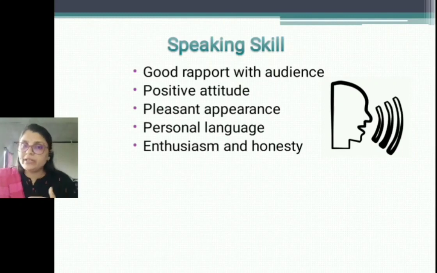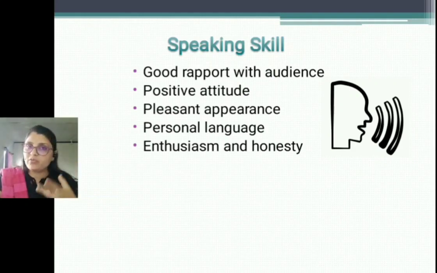When you speak with another person, you should keep some points in mind: you should have some pitch in your voice, tone, and speed. You should keep all these things in mind while speaking or communicating with others. Okay, so this is about your speaking skills.